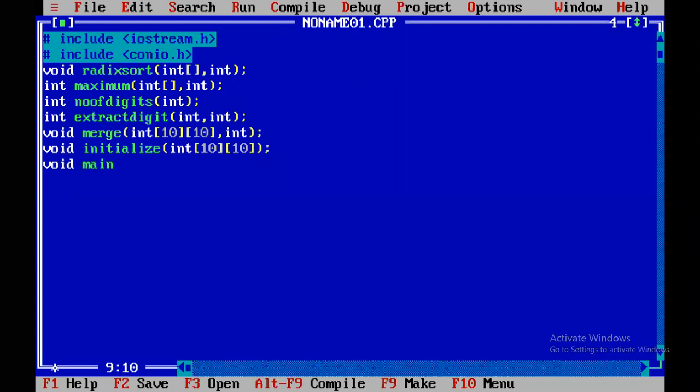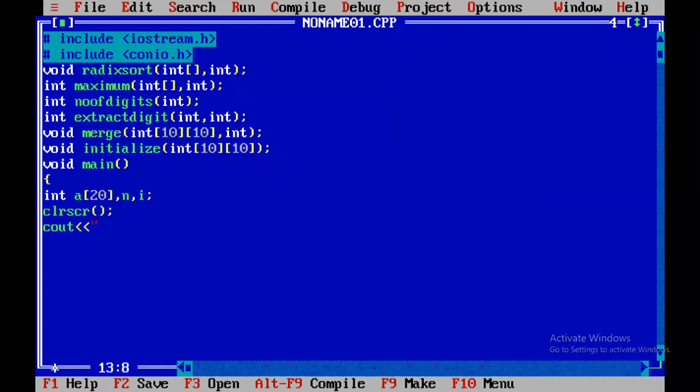Void main. I will declare the variables in the main function. Int a of 20, n, i. Cout, clrscr. Cout: enter the number of values of the array.